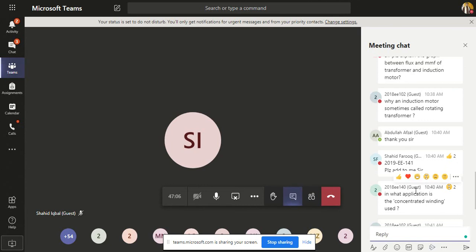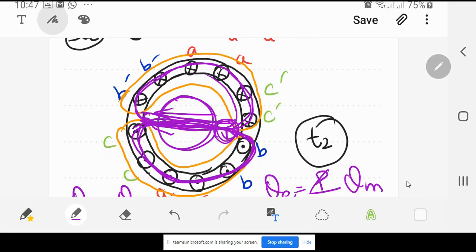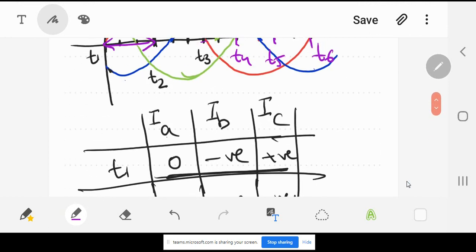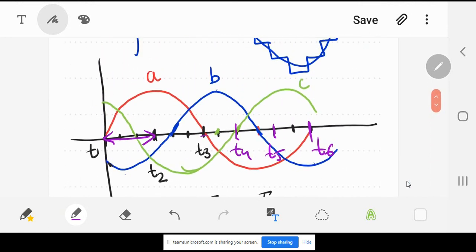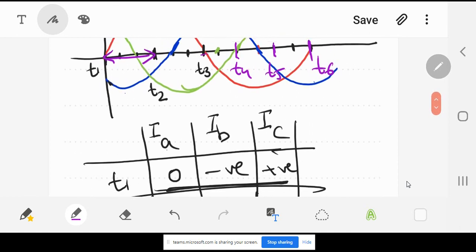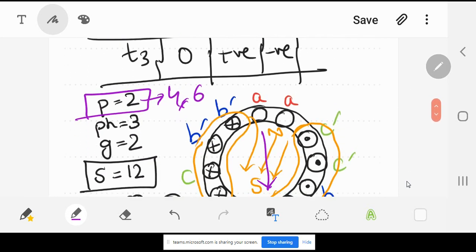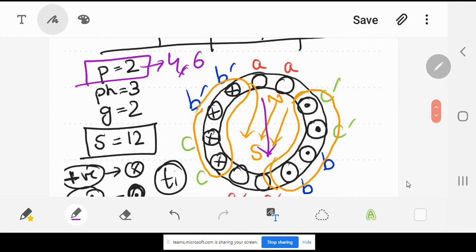How are you going to change the direction of the magnetic field? Very simply, I told you previously also that if you want to change the direction of rotation, just change two phases of your machine. As you can see over here, you have A phase, B phase, C phase. Just swap any two of the phases, only two of them. If you swap any two phases, your machine will start to move in the opposite direction, which means your revolving magnetic field, instead of moving clockwise, has started to move in the opposite direction. And you can do this yourself also.